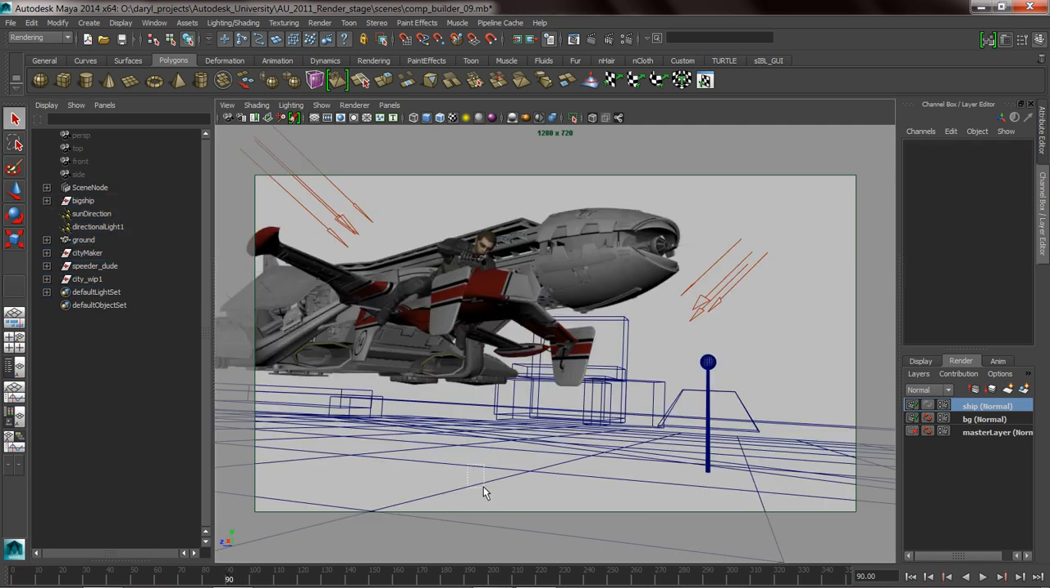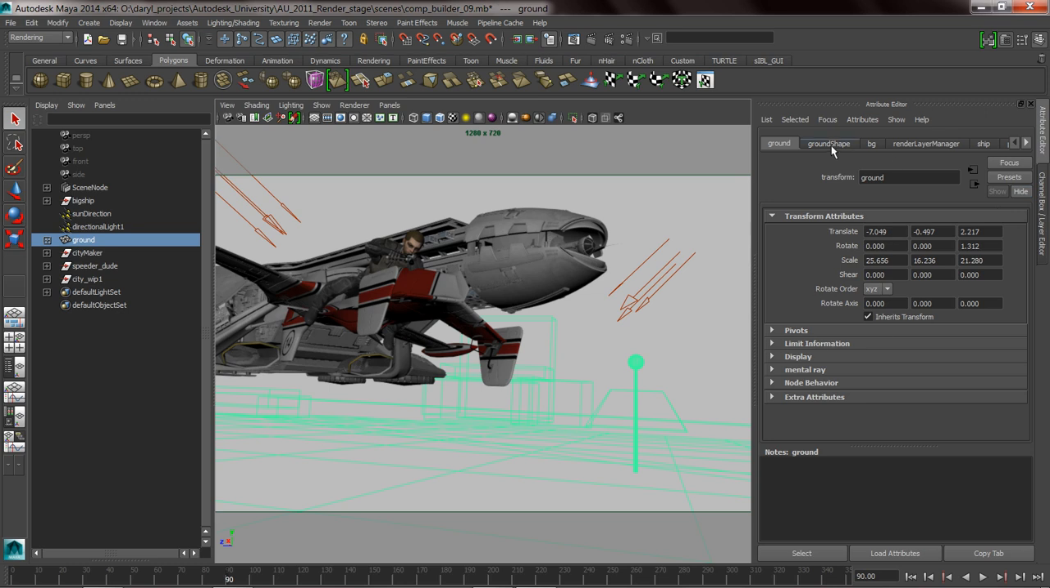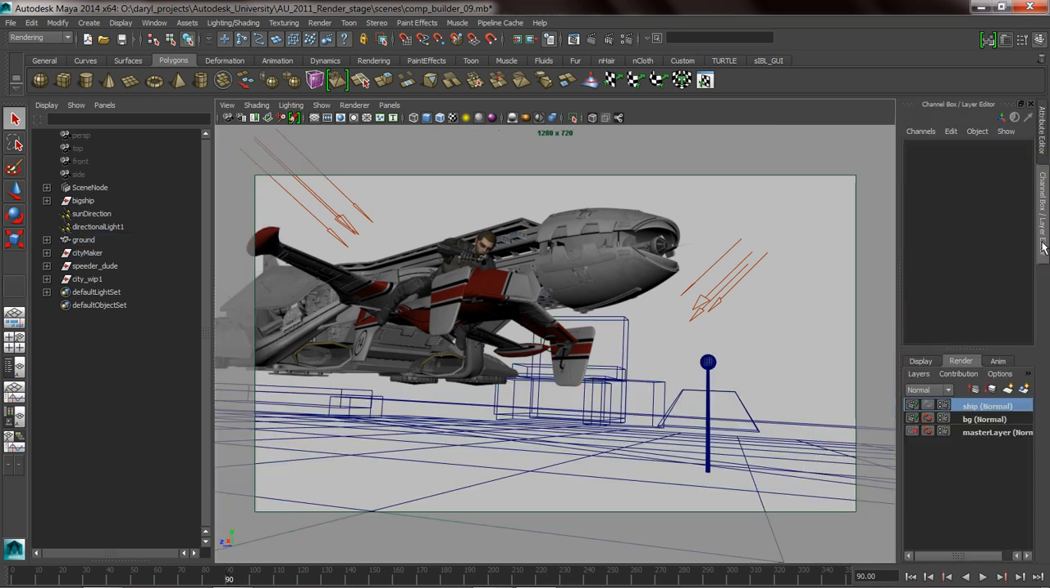So for this guy, I want to turn the primary visibility off on the ground plane. I just want it to show up in the reflections and have it bounce final gather rays up on the bottom of our ship. So we'll turn the primary visibility off, and we're going to be using Maya's pass system to extract lots